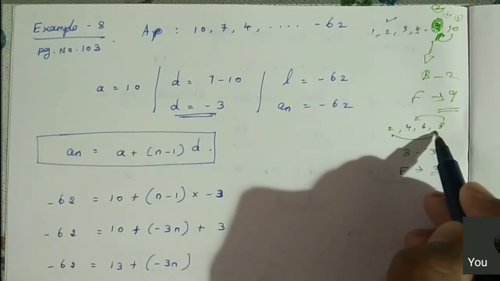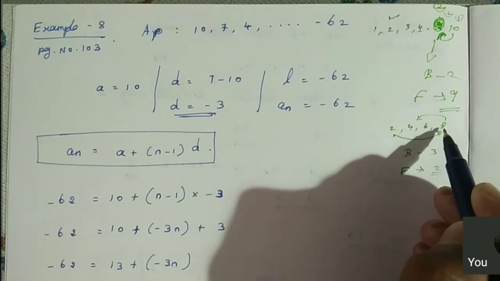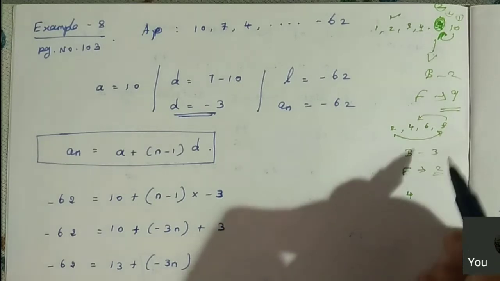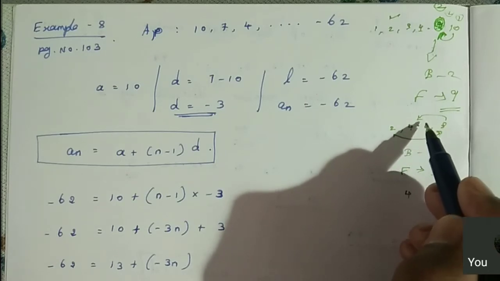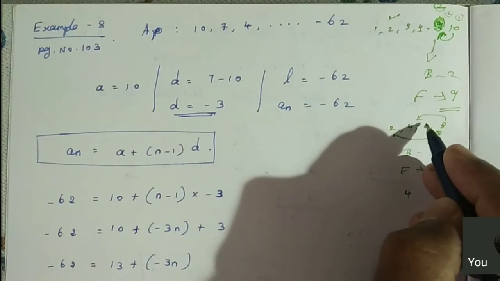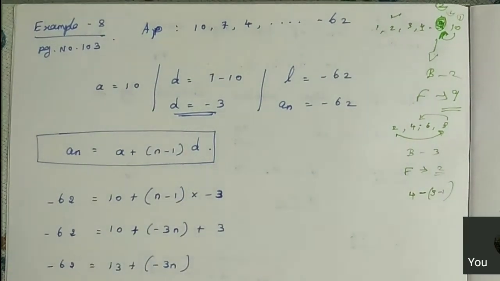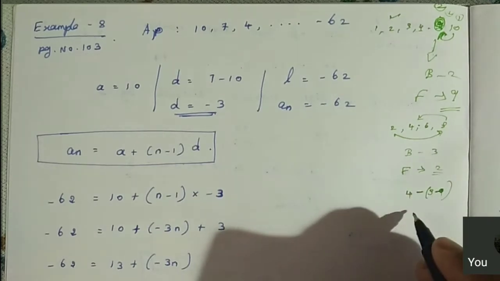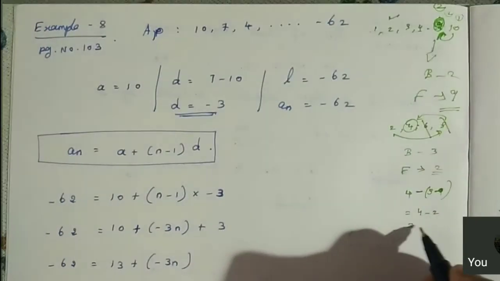Listen, first we find how many terms are here. 4 terms. Clear? So, backside onwards, it is the third term. What are we supposed to do? We subtract the third term and then subtract 1. So 4 minus 3, then minus 1, it is 2. So we leave the 2 terms and we can find the 4. What is the answer? 2. Very clear?